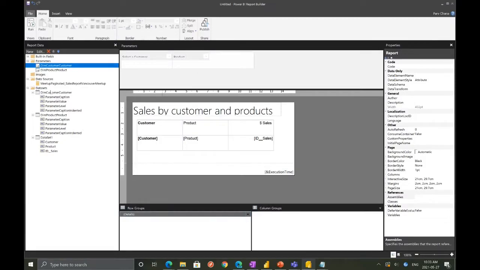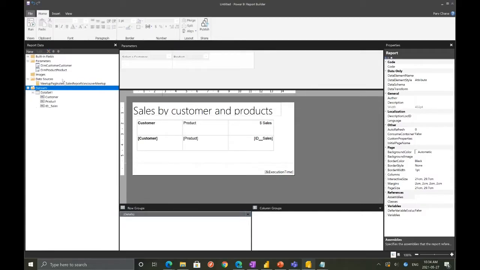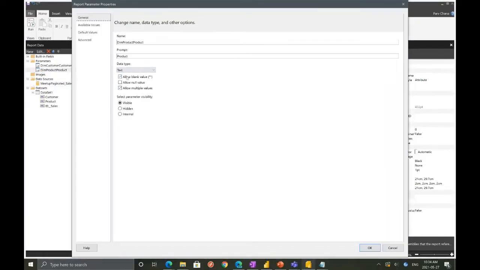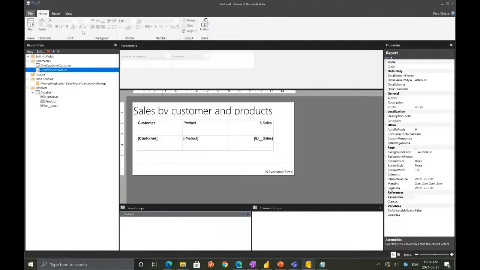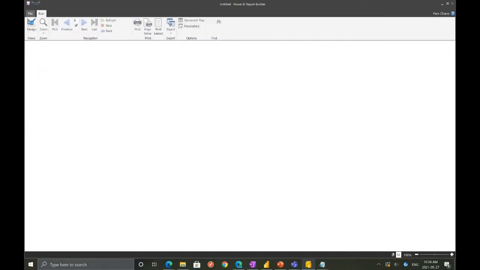So this is what it does behind the scene, automatically hidden. You can actually go and look at the query definition and whatnot, but I don't want to go into that detail. So it creates those hidden data sets behind the scene. Similar with the product parameters, so I don't want it to allow blank values, but I want multiple values and whatnot. So if we run this now,